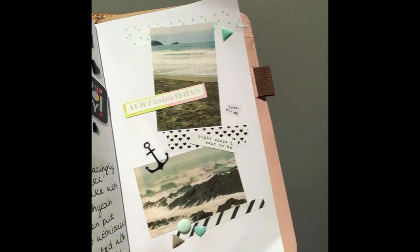And I had everything spread out on the bed, and I took another creative photo of showing my mess and what I was up to. And just detail shots, because I think it's quite nice to provide detail shots as well when you can, so that people can see what you're up to. And so I was showing, using my Polaroid Zip to take a photo from my phone, and also some washi tape and stickers and